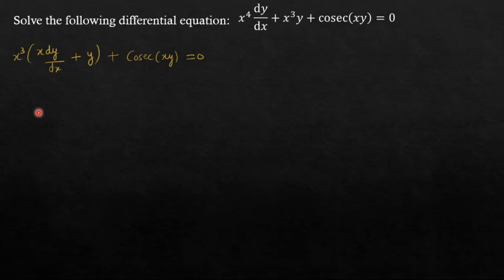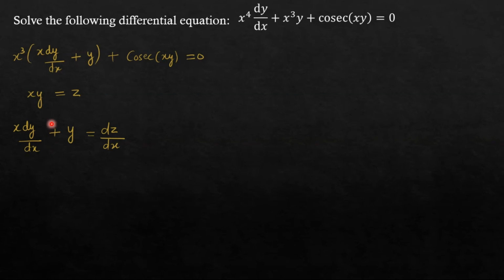Now suppose I assume xy equals another variable z. Let us assume xy equals z. Now let us differentiate both sides with respect to x. By the product rule, let us first differentiate y, you will get x dy by dx. I have differentiated y with respect to x. Now differentiate x with respect to x, so you will get 1. So y into 1 equals y. Thus x dy by dx plus y equals dz by dx, that is the differentiation of z with respect to x.